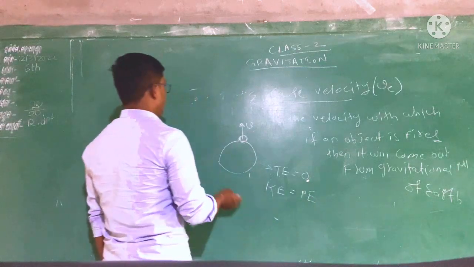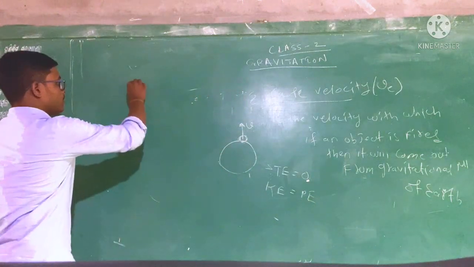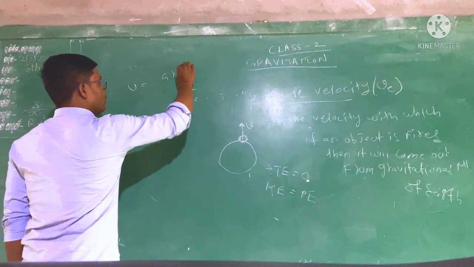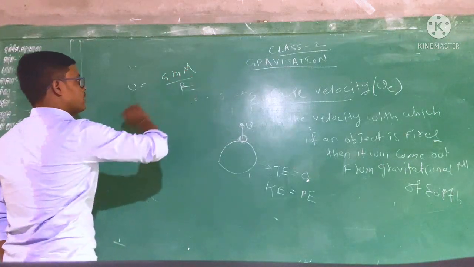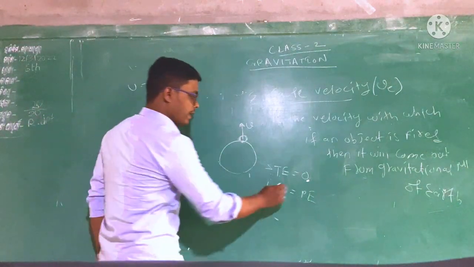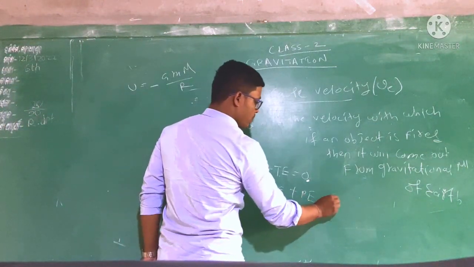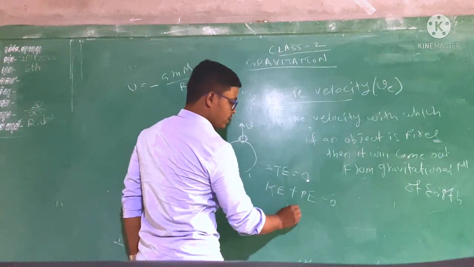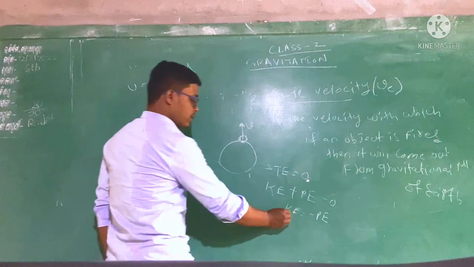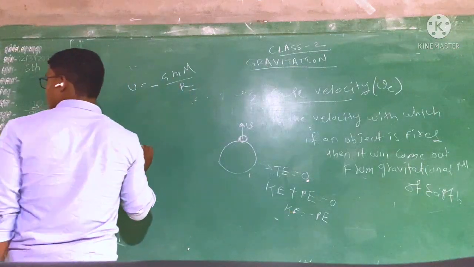Okay. We have previously discussed that the potential energy is G m1 m2 divided by R. Right? Actually, one negative sign is there since it is moving upward. So kinetic energy plus potential energy will be zero. Therefore, kinetic energy equal to minus potential energy. What is kinetic energy?